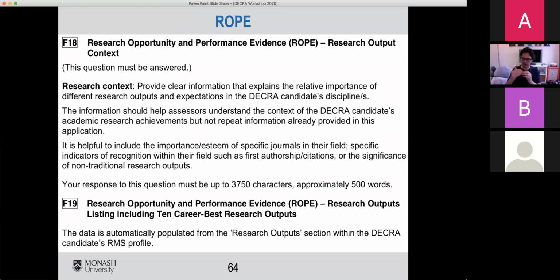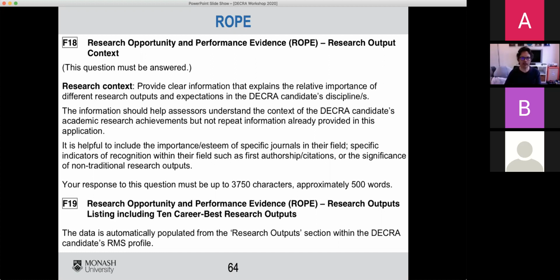So yeah, and this allows you to tier them. And so I think this is a really good opportunity because it allows you to tell the reader, so if you're in a discipline where impact factors are used a lot, as an animal physiologist, I get to tell them that the best journal for my field is the Journal of Experimental Biology. So they know that if I'm getting in that journal, I'm doing really well as an animal physiologist. And it allows you to sort of take some of the power away from that sort of impact factor based assessment.